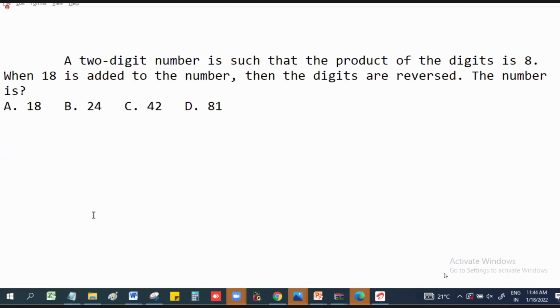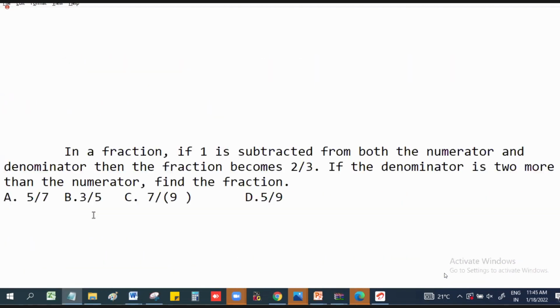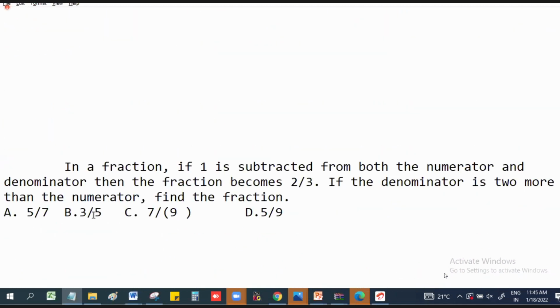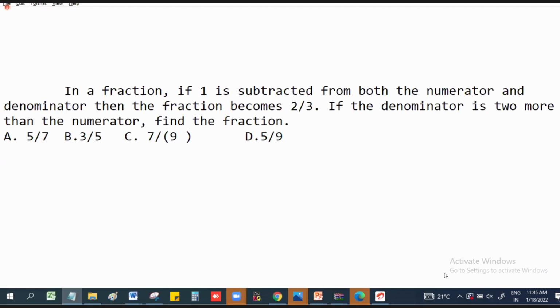You can actually answer the questions. Okay, so now let's figure out how to solve this question. This is a question of